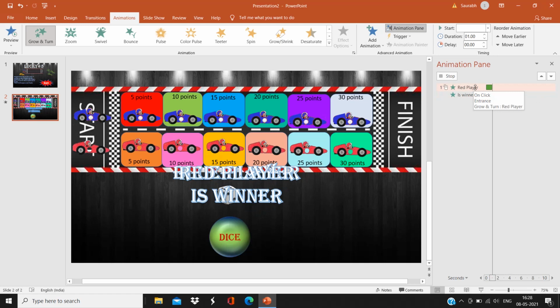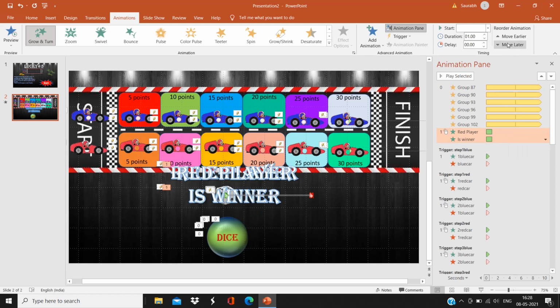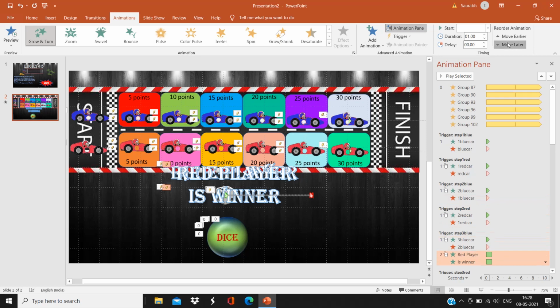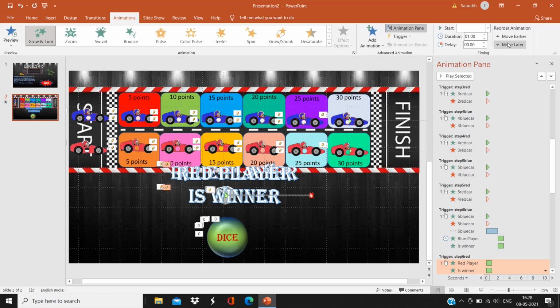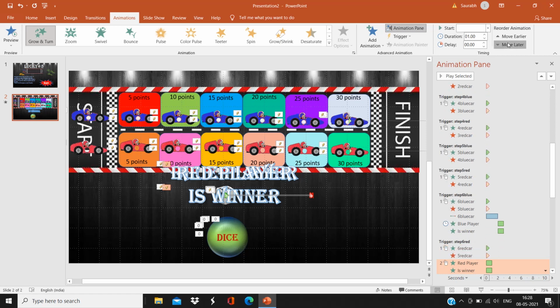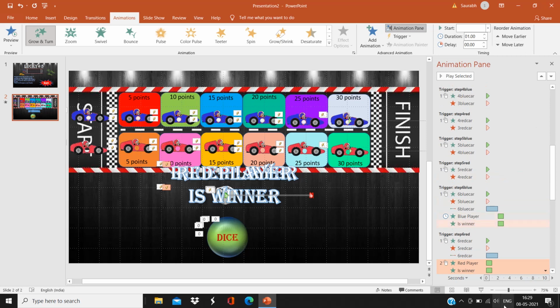I'm giving the animation grow and turn. Like same, I'm clicking the option move later. You have one more option, just give the trigger of the sixth step 6 rectangle block and select it here and make it start after previous. Very easy.